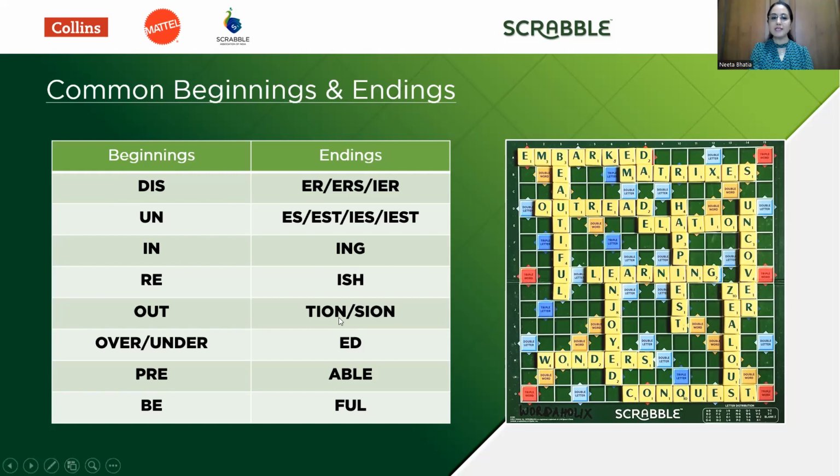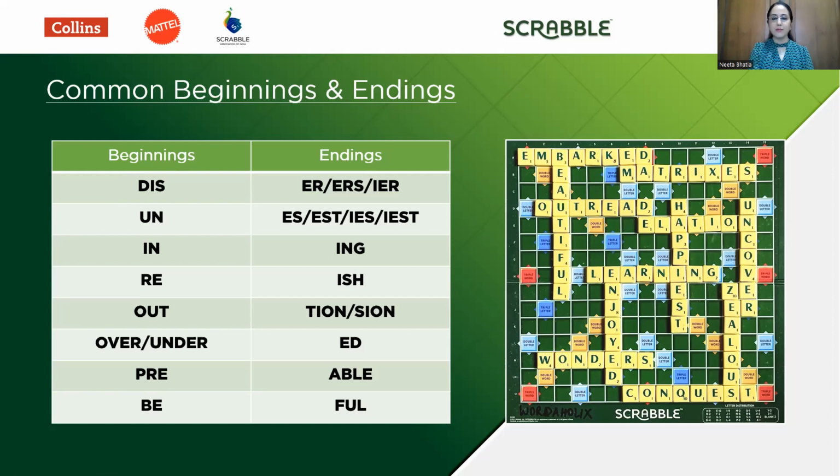Other common endings are TION and SION. Depicted here on the board is the word elation, ending in TION. ED is an ending you can add to words to make them into the past tense. So the past tense of embark is embarked, which is shown here on the board. Also the word enjoyed, which is shown here below on the board. ABLE is an ending for words like disable or capable. And with FUL as an ending, you can make beautiful words like this very beautiful 9-letter word played on the board,